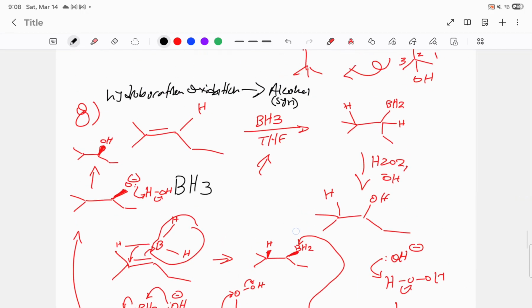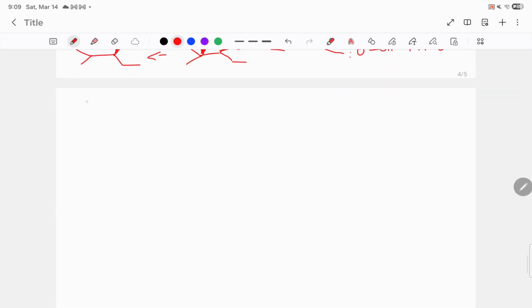Maybe I'll just show you right now. But let's write down number 9, alkane formation. And you know what? I'm going to change my answer here. I'm going to say cis alkane. Or not cis, syn alkane